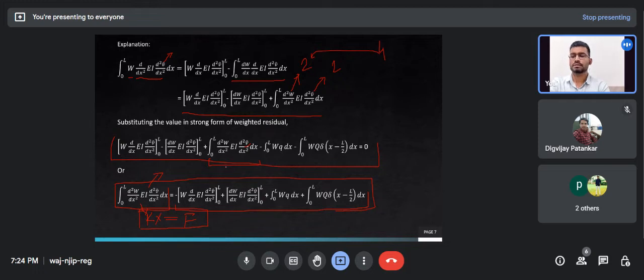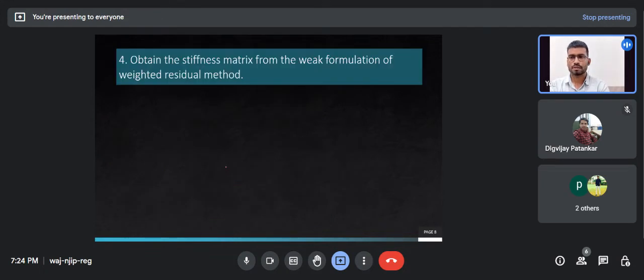So till now we have discussed how to write the governing differential equations, then identifying the boundary conditions, and then generating the weak formulations, right? So in the next problem I will show you how to write the stiffness matrix, right? In this problem, it is asked to obtain the stiffness matrix from the weak formulations of the weighted residual method. And in this problem I have taken